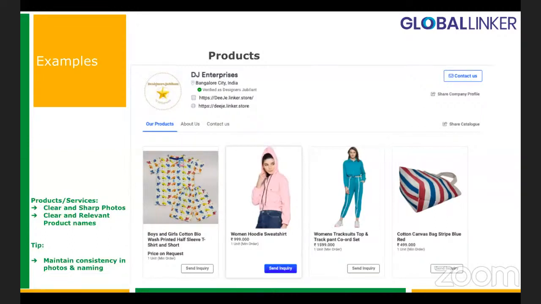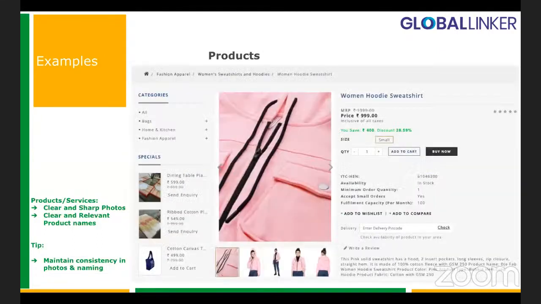This is an example where this person has actually created a whole store behind it. And you can see that when he clicks on inquiry, I come to a full page where the entire product information is visible. There are several photos uploaded to support that particular product. There is pricing mentioned. This is add to cart that I can actually go ahead and make a purchase. I can do a checkout with this. And the SKU is present.